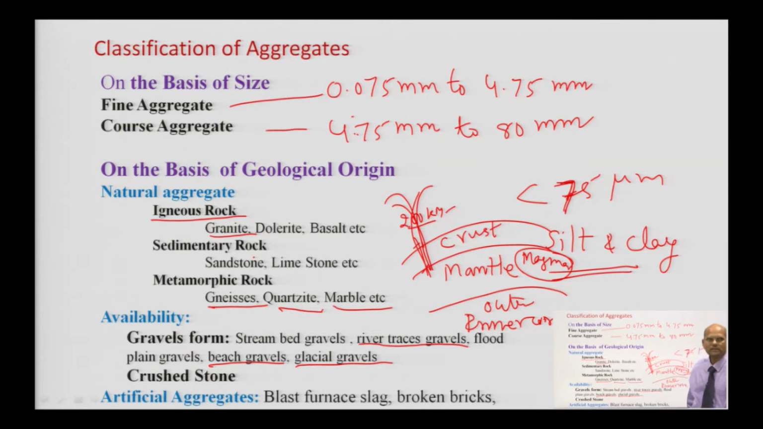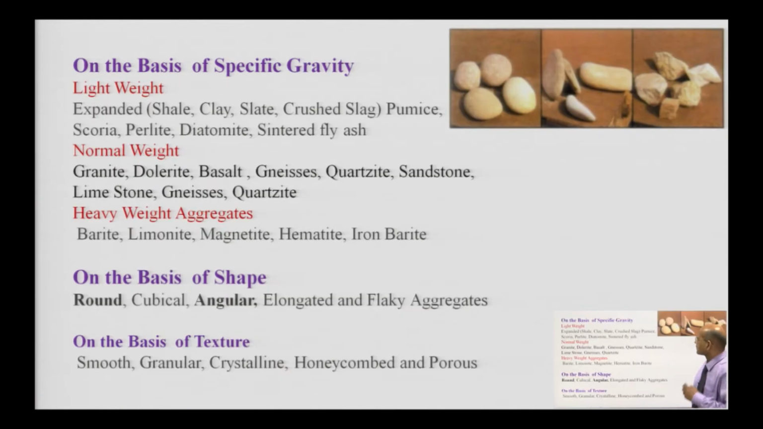Similarly, we have artificial aggregate. Artificial aggregate means you can take blast furnace slag, crush the slag and get your desired size. Similarly, you can use broken bricks. Like this you can use artificial aggregate. Similarly, on the basis of specific gravity,